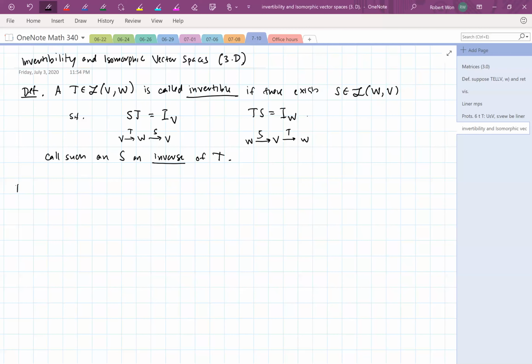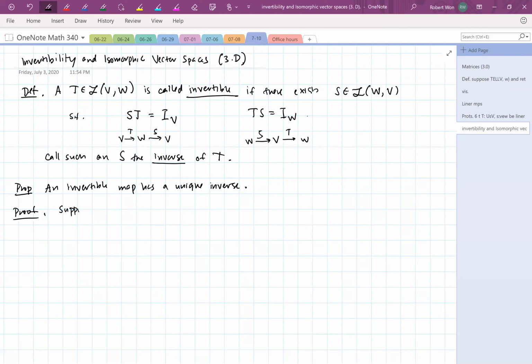But it is true. So here's the proposition: an invertible map has a unique inverse. Okay, so anytime you want to prove that something is unique, a good strategy is to suppose you have two of the thing, and then show that actually those two things that you thought you had were actually the same thing. And the proof isn't difficult,